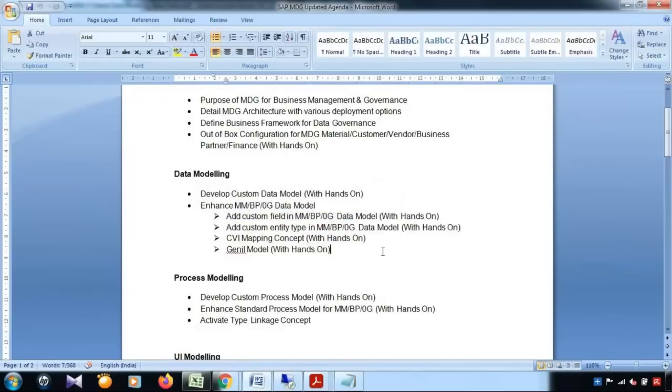We also discussed add custom entity type for BP finance. Then CVI mapping and the general model. So these are all the activities we have discussed. In fact, beyond this, we also discussed number range. These are all things as well. So with this, our data model